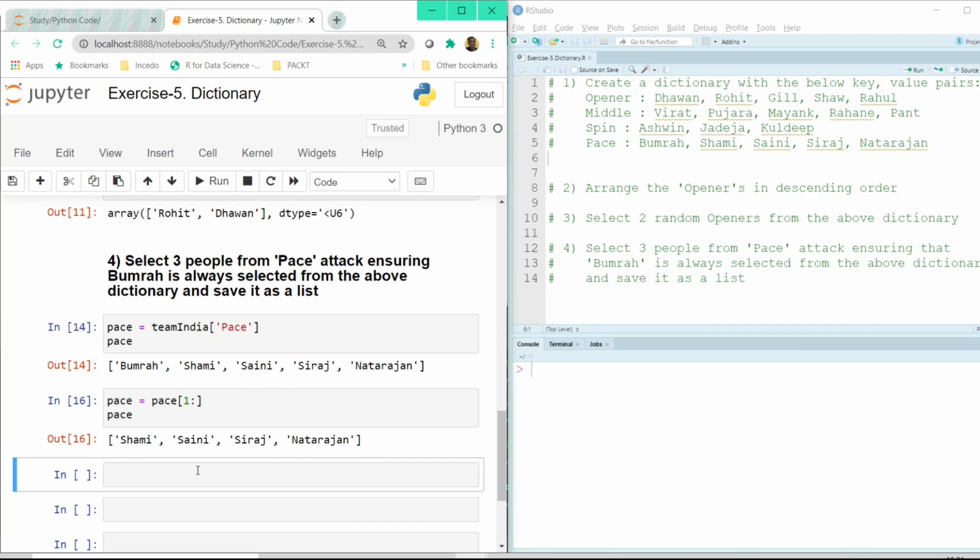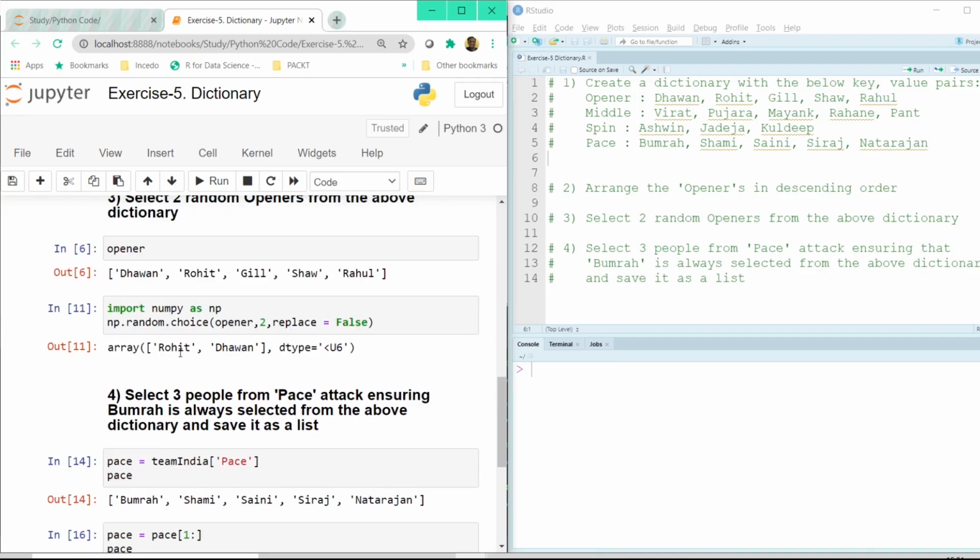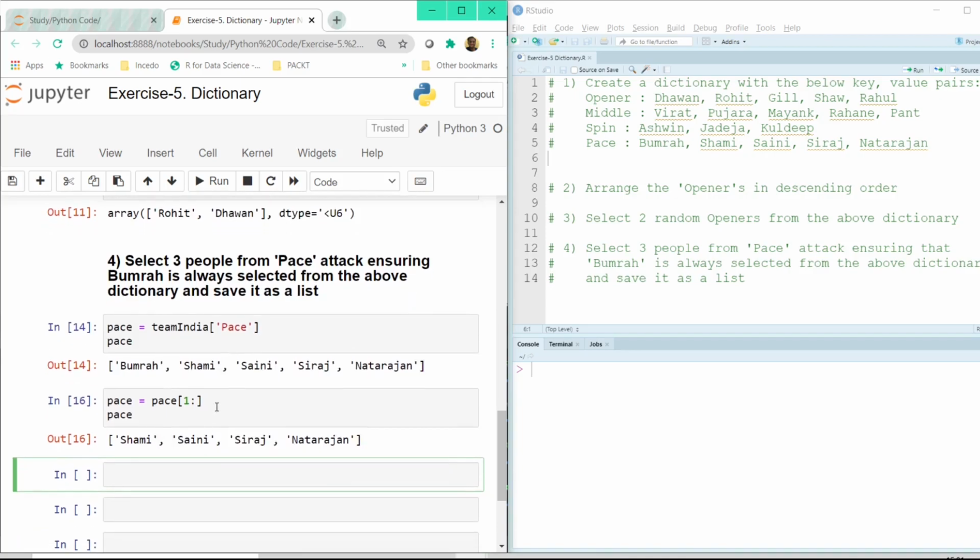All right, now if we have to randomly select 2 players from this list, the way we do that is using the random choice that we used for our previous question. So now if I do a np dot random dot choice, and inside that if I select pace, which is the above list here, and then I just want to select 2 people from this.